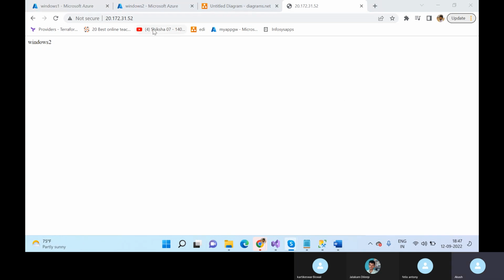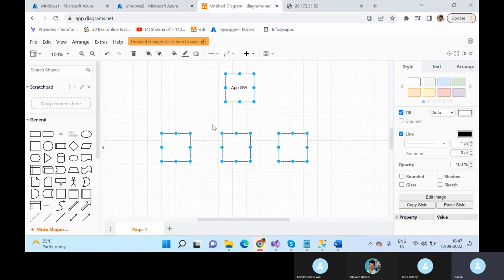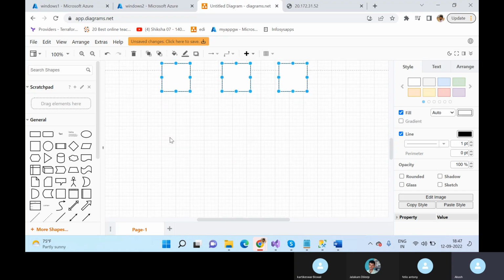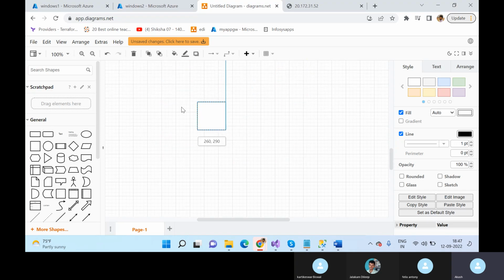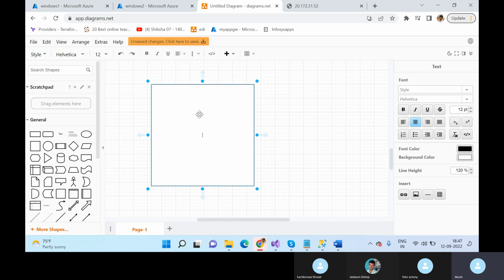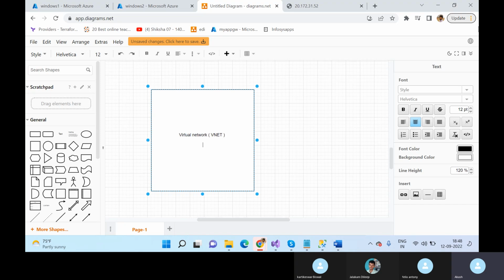Yeah, so basically now both the virtual machines are ready, and you can see output is Windows 2. In order to create an application gateway, we need to have an empty subnet. Just try to understand what exactly is a subnet. You have a virtual network, that is basically your VNet. In each and every VNet you have multiple subnets. Subnets are